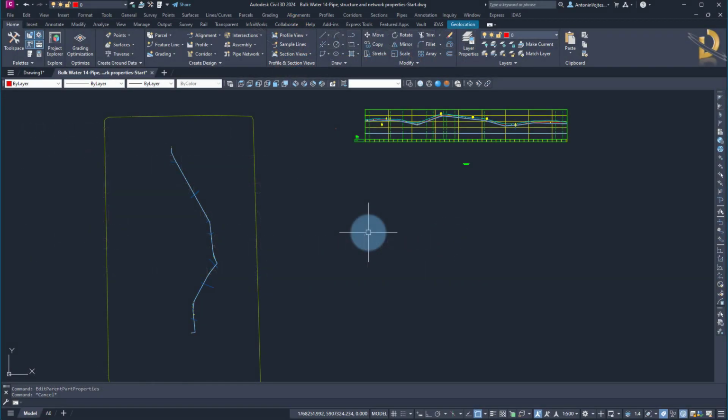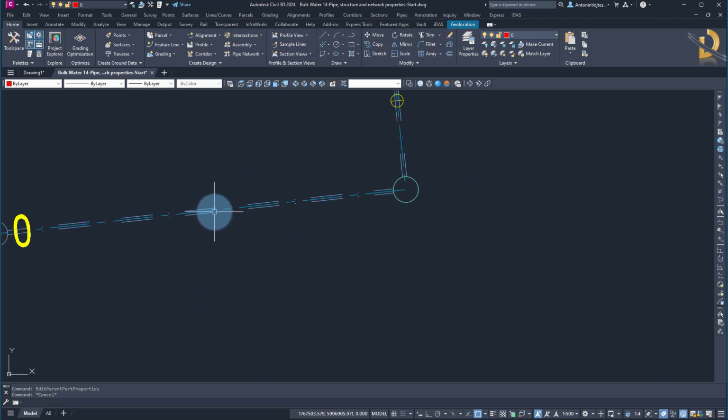In this video, I'll show you pipe properties, structure properties, pipe network properties, and also how to turn the structure masking on and off. If you want to check the pipe properties, you can select pipe either in plan, right